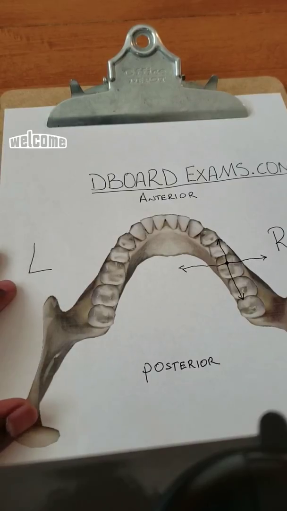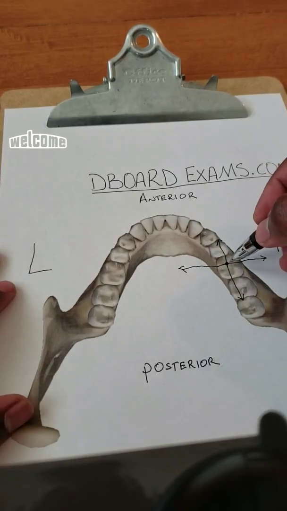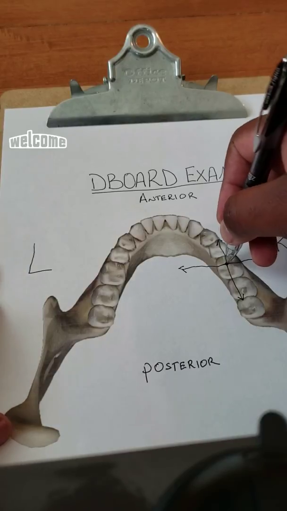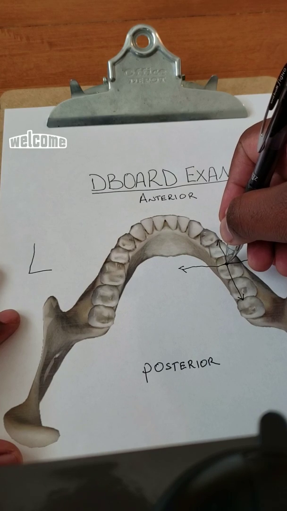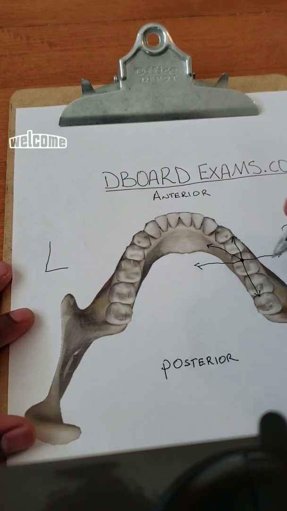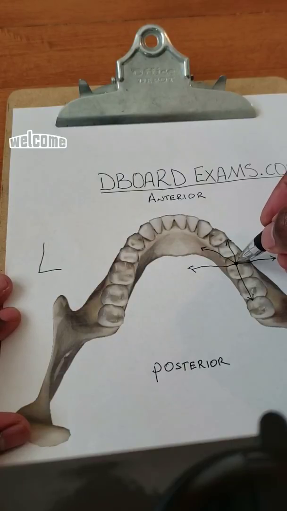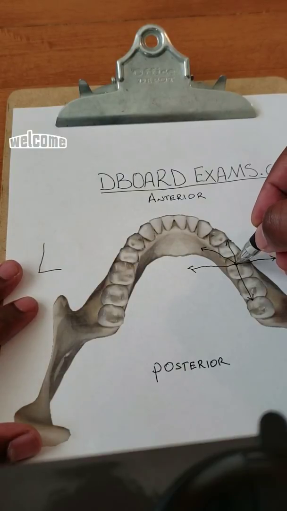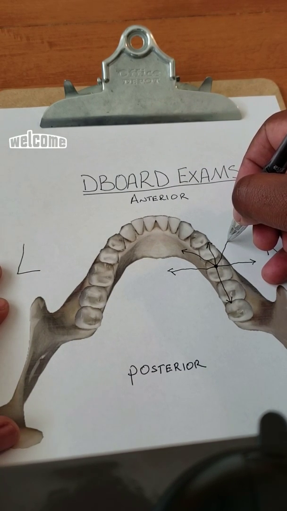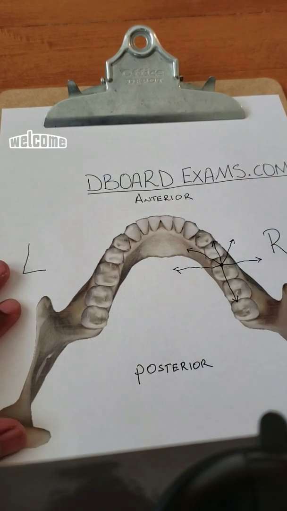So let's say it's a right lateral excursive movement of the mandible. If the mandible moves to the right in the excursive movement, it's going to be like this. If the mandible moves to the left side in excursive movement, look, you see that? So that's the easy way of